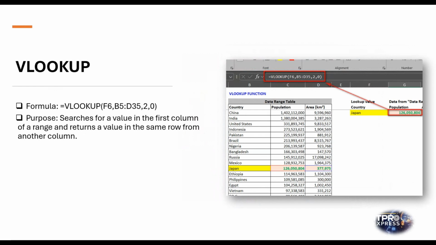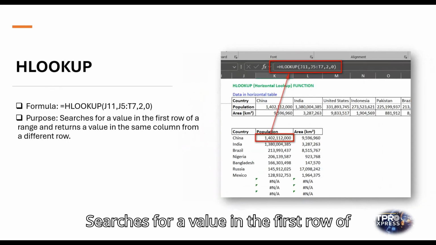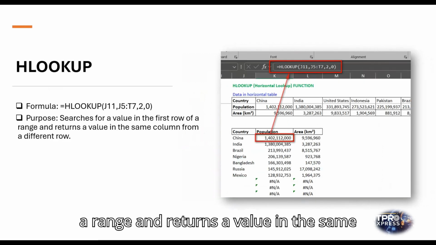from another column. HLOOKUP. Formula: =HLOOKUP(lookup_value, table_array, row_index_number, range_lookup). Example: =HLOOKUP(J11, J5:T7, 2, 0). Purpose: searches for a value in the first row of a range and returns a value in the same column